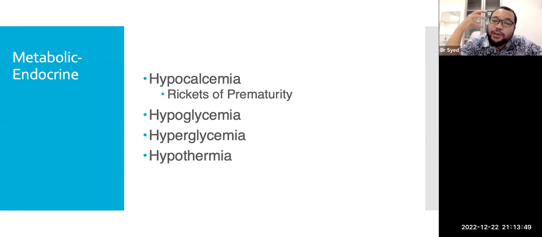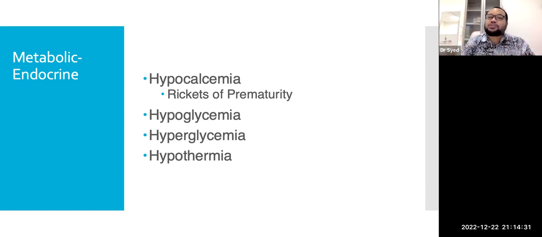They don't have enough brown fat. I mentioned before, in the previous lecture about adaptation to extra-uterine life, how brown fat is very important for thermoregulation, right? So the more premature the babies, they don't have enough brown fat. When they don't have enough brown fat, they are more at risk of hypothermia. The smaller the baby, the larger the body surface area to weight ratio. The BSA is of course smaller, but the BSA to weight ratio is higher the more premature the baby.